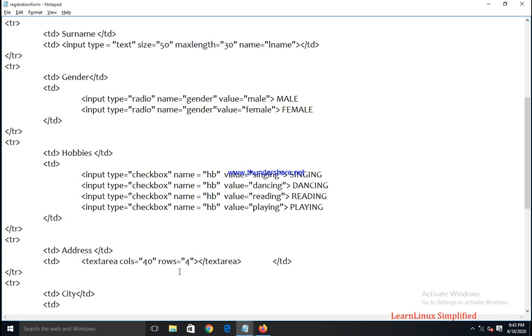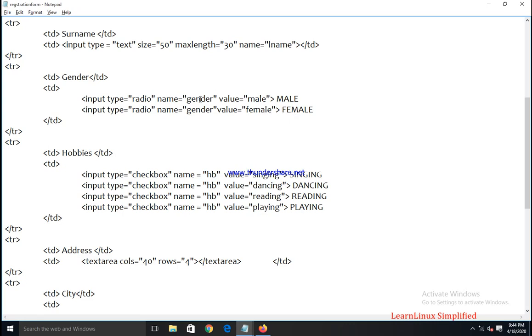Right, now see what is the difference between radio buttons and checkbox. A radio button is a circular inset, whereas a checkbox is a square box which can be tick marked. Now the technical difference between the radio button and checkbox is that from the radio button we can select only one option at a time. Meaning if we select any other option, the previously selected option will be deselected, whereas in a checkbox we can select multiple options. See here in male, female: if I select male, female will be deselected, and if I select female, the selected male option will automatically be deselected.